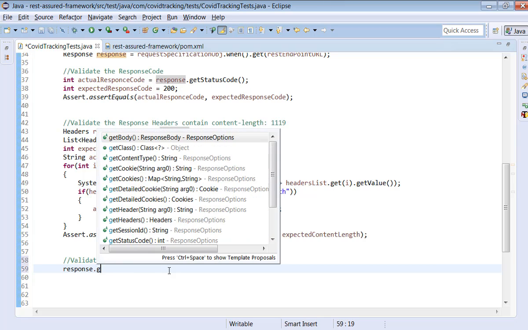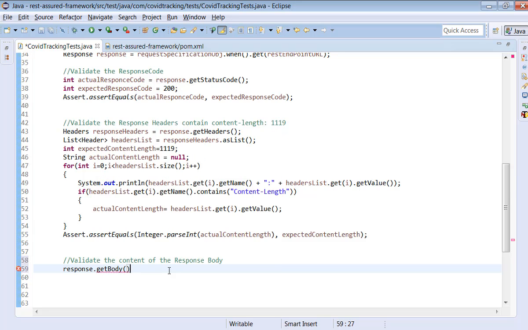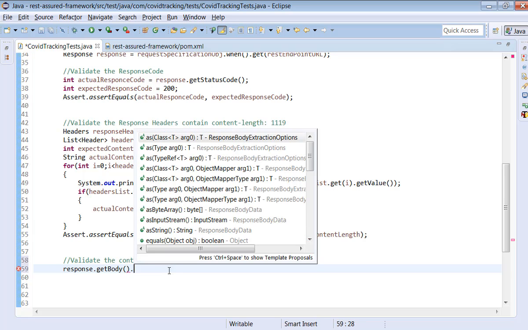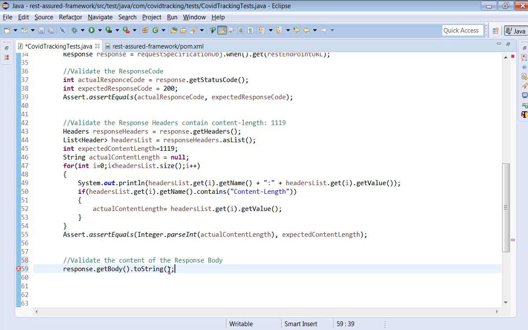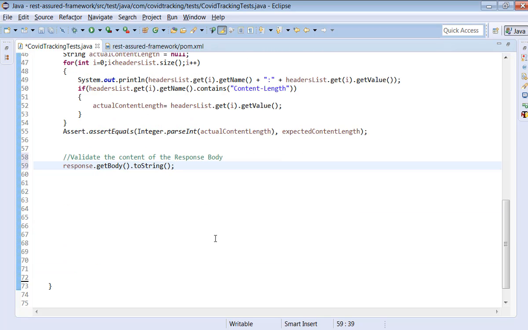Now get the response body. For that, getBody is there, and you can convert this into a string, response.getBody.toString. You get the response, and you can print the response first to check whether we are getting a response or not, right? Response body.